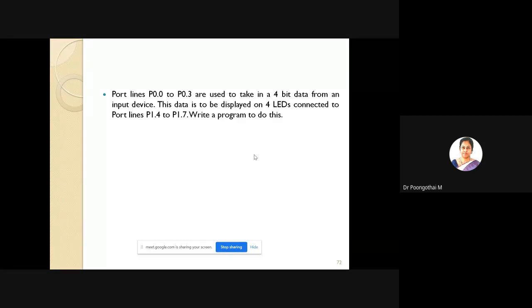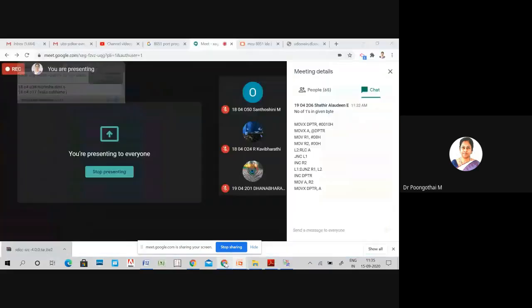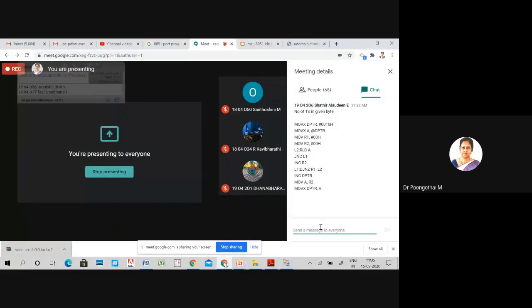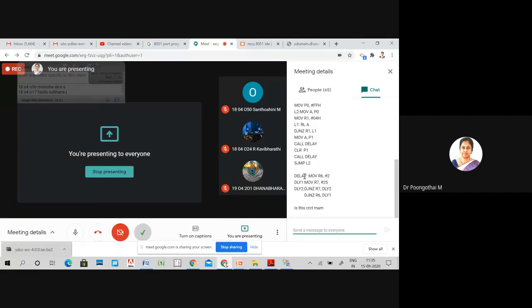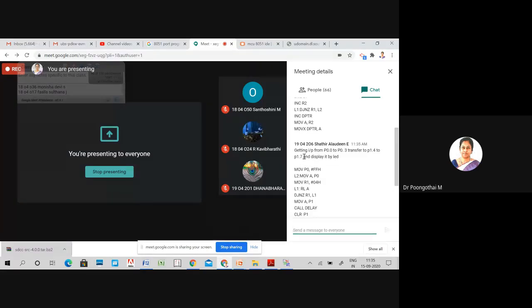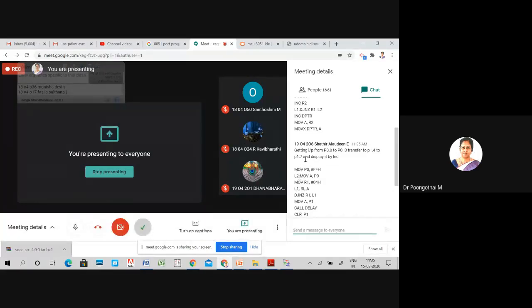So P1.4 to P1.7. So for this program, you can use swap instruction instead of using rotate instruction. Okay.